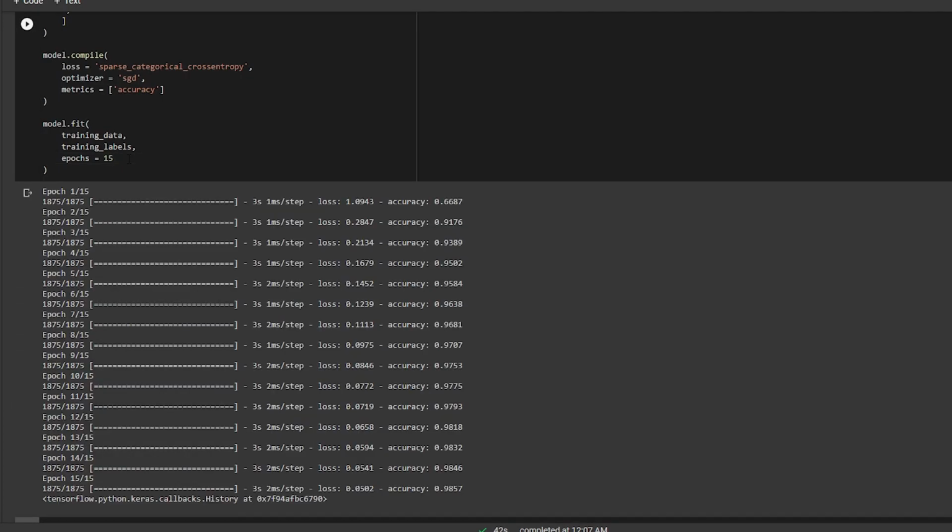And we have it. In the 15 epochs, we have got 98.57% accuracy. So that is quite a great accuracy, I would say, and I won't extend it any further. In my opinion, this is one of the best accuracies achieved. If you want to make significant changes, you can definitely give it a shot. That is up to you.